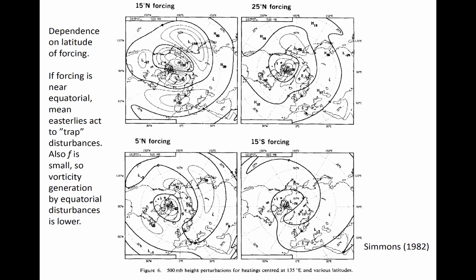Finally, the extratropical response is maximized for off-equatorial tropical heating. Heating at higher subtropical latitudes elicits a more muted response, but near equatorial heating, like this at 5 degrees north, also produces a small extratropical response, largely because the vorticity generation by heating focused near the equator is small. So this heating maximum around 15 degrees north seems to produce the largest response.